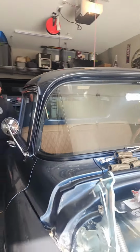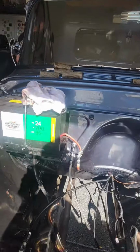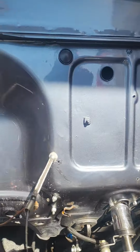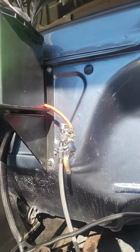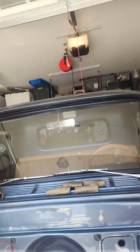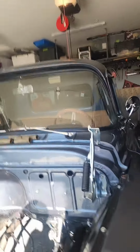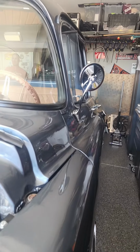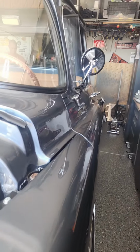So we can come in and do a slight sand just to give us a porosity for the clear to etch to, and then clear the whole truck. Now technically, how paint normally works is you have a base and you have a clear, you do two stages. In a single stage, you've got a clear that's mixed with hardener with the base in it. So if you were to take a single stage